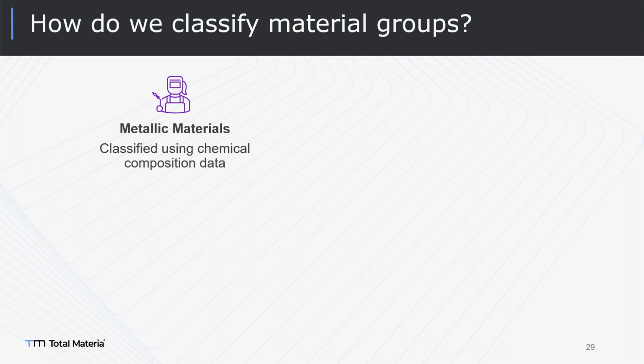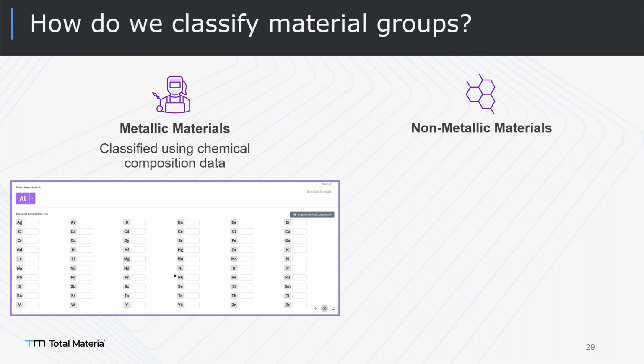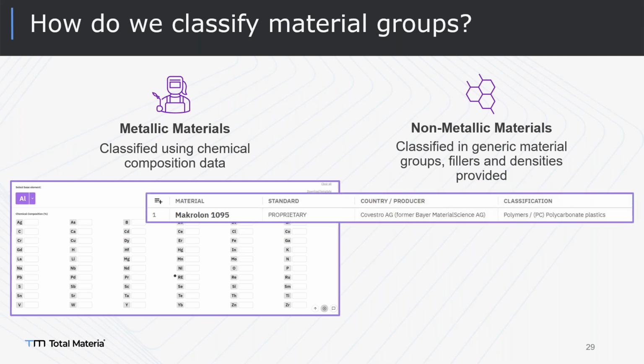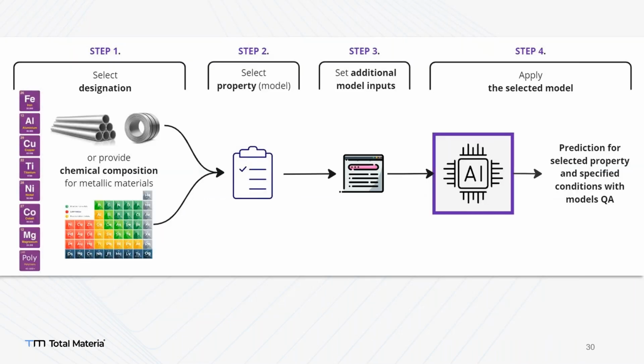Don't worry. Here's the metallic materials. Any composition that you can type here, you will be able to predict the material's behaviors, mechanical and physical properties, and non-metallic materials are the same with the reference material. And here's how it works. Basically, you can choose ferrous alloys, aluminum, and different alloys. Either you can type the chemical composition or designation of your reference material and just make the property predictions. You can fill the gaps.